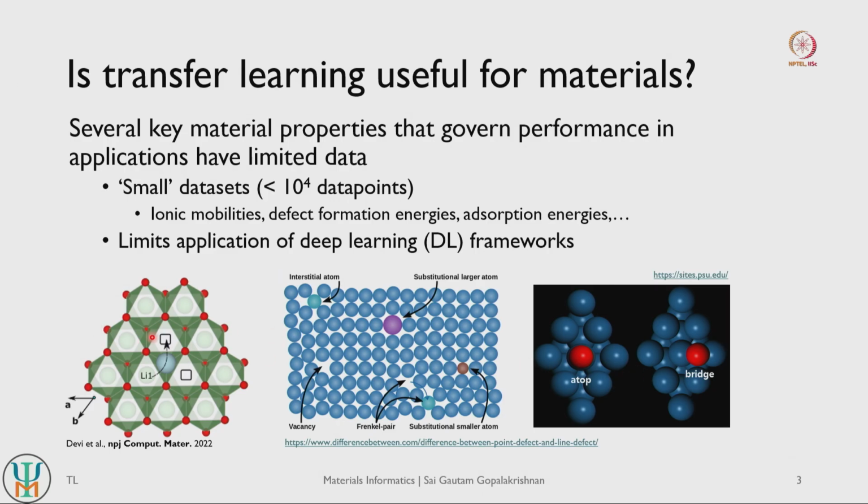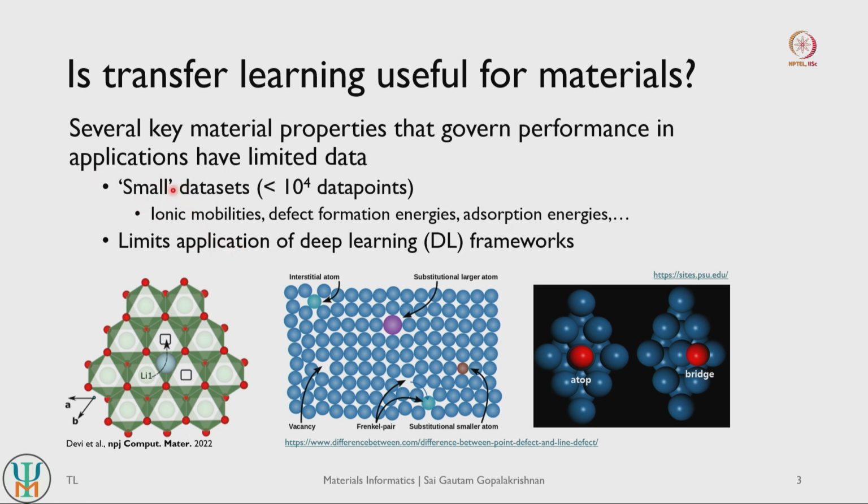And we can take other examples as well of how limited in terms of data material science as a domain is. This is very different from regular computer vision problems. If you want to design neural networks that detect images or objects on the road, you typically have lots of data available, but in material science we do not have a lot of data. Most of the curated data sets that you may come across in materials will typically have of the order of about 10,000 or fewer data points. If it is 10,000 data points, that is actually a good data set that you have access to.